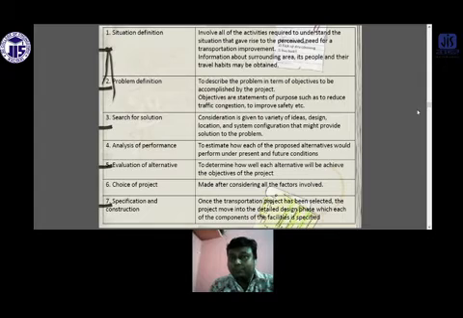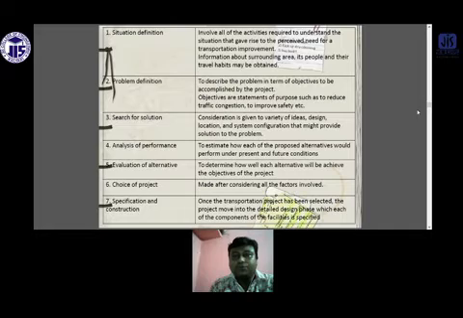So to judge or compare things, how can we compare until and unless we do some analysis? So we have to do the analysis for all the possible solutions. It may be for a small data set, but we have to do it. Analysis of the performance to estimate how each of the proposed alternatives would perform under the present